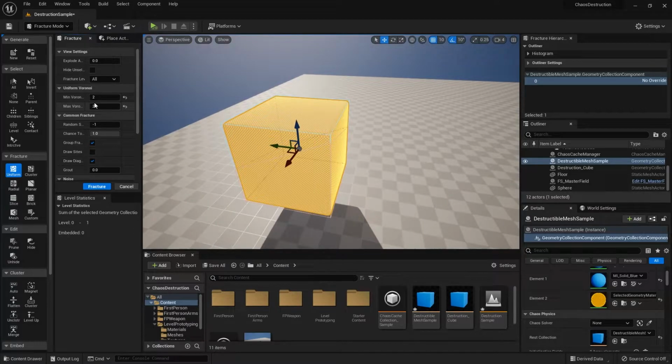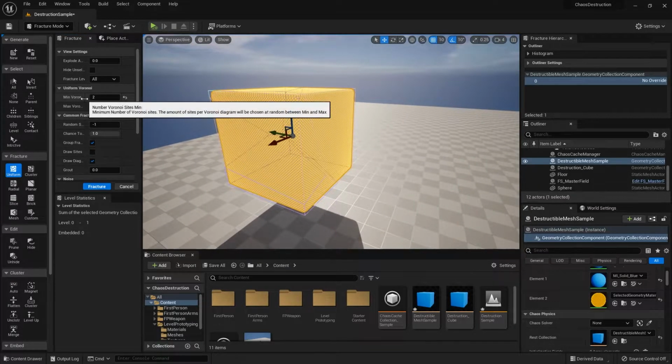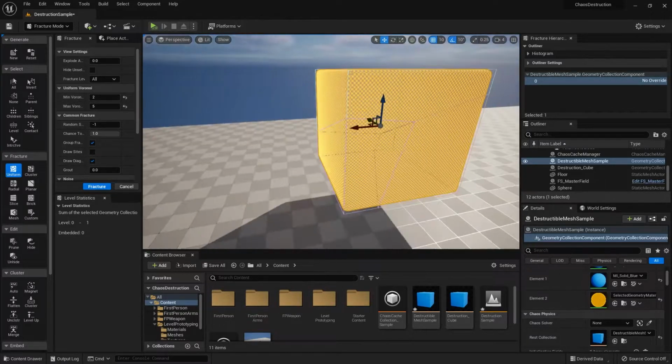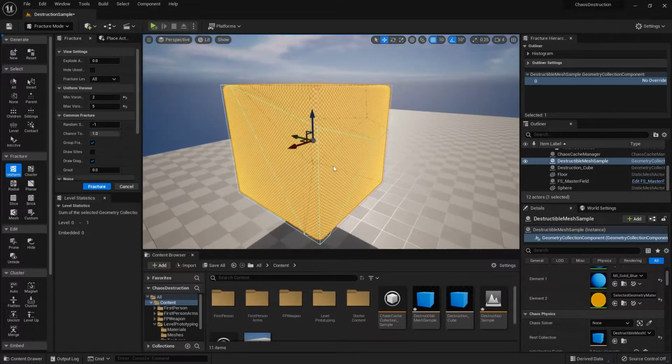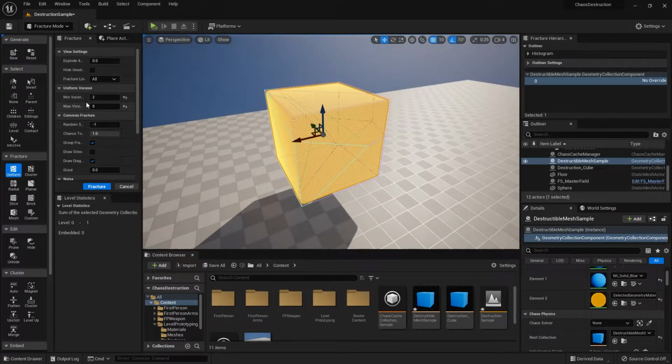And if I do 2 and 5, it will generate either 2 to 5 pieces. So if I click on it, you can see that there's 3 pieces now. And if I click on this now, there's 5 pieces. So it'll just randomize between 2 and 5. But for this tutorial, I'm just going to make it 30 and 30, like so.